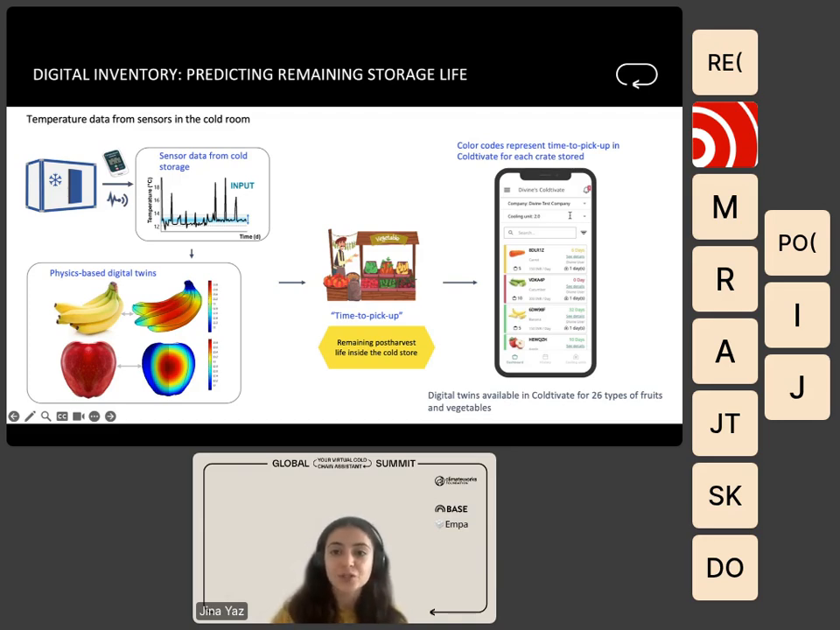Currently the app features digital twins for 26 different crops. And to ensure that information is accessible and understandable by all our users, we use images along with the colors, along with the numbers to indicate the urgency level of the pickup. So now we can dive into the next feature